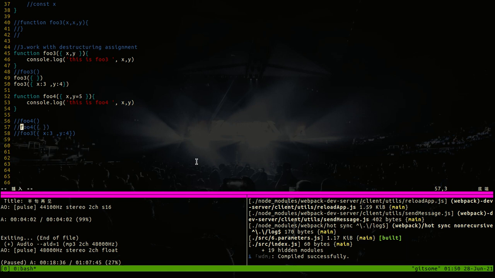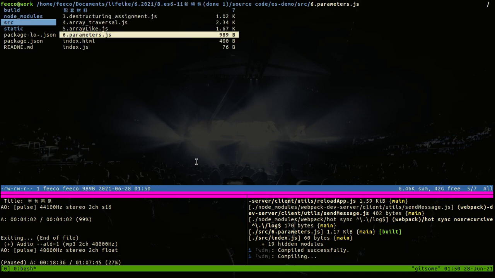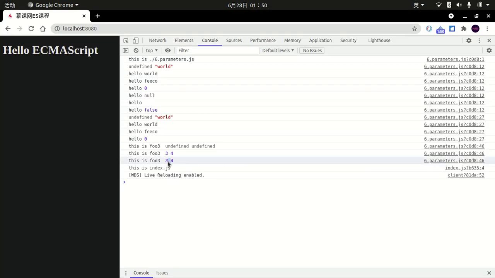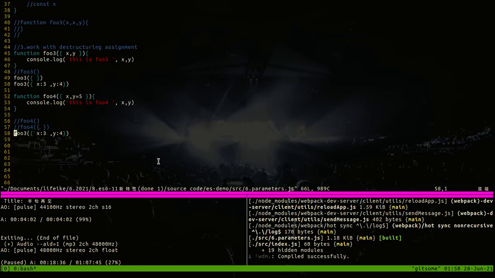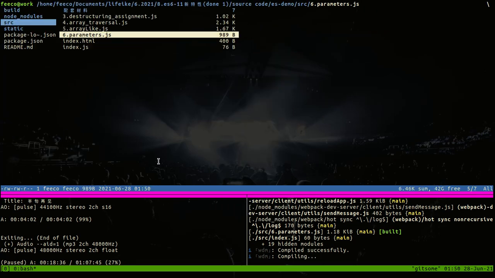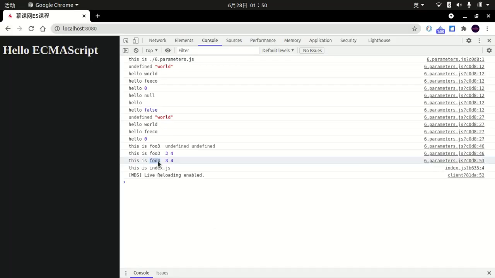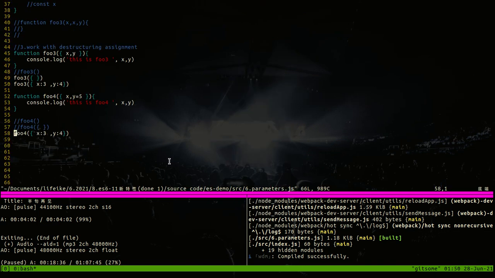And look at this. Give 3 and a 4, right? No. The foo4 function, foo4, and 3 and a 4. Right? So right here, we know that this might cause problems sometimes. So we don't want to